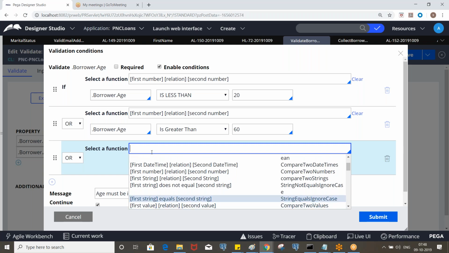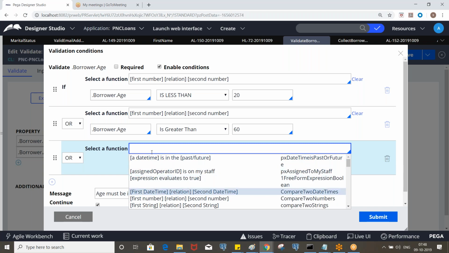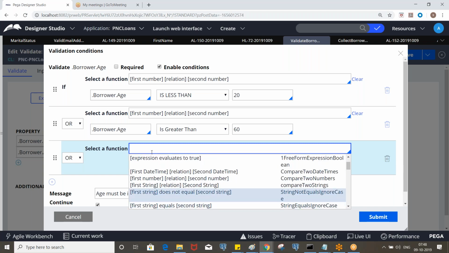And so not equals ignore case is the opposite of equals ignore case. You will find it somewhere here, string not equals ignore case. So it is not equals.